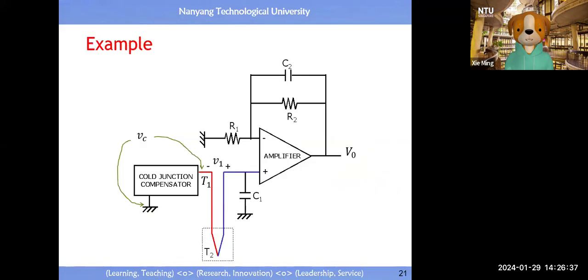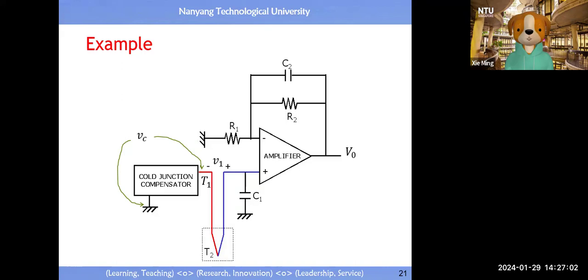So therefore, the voltage observed inside the loop is proportional to the difference between these two temperatures. Okay, and this is one design example. So you will see you have a T1, T2. T1 is being held at a constant temperature, right? T2 is the temperature under measurement. T2 could be any value of the temperature measurement. Here you will see we have a cold junction compensator. So basically,